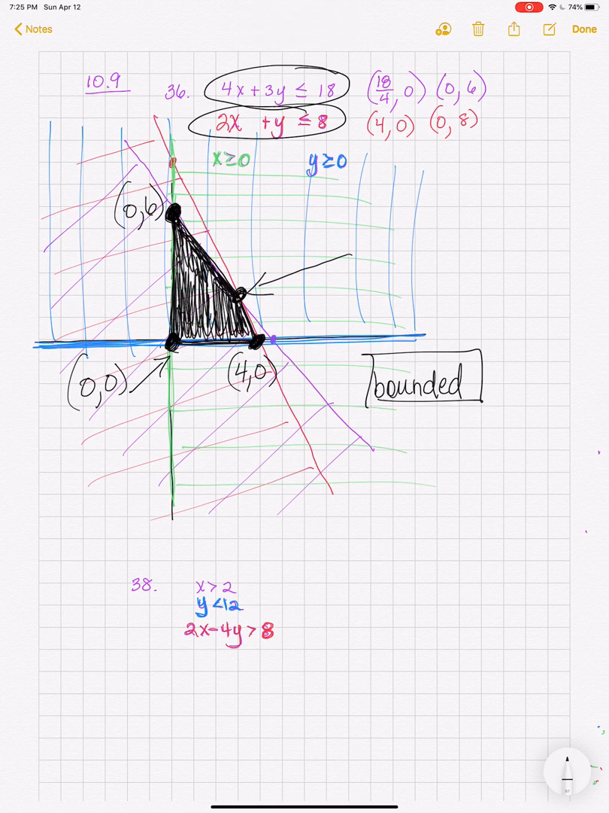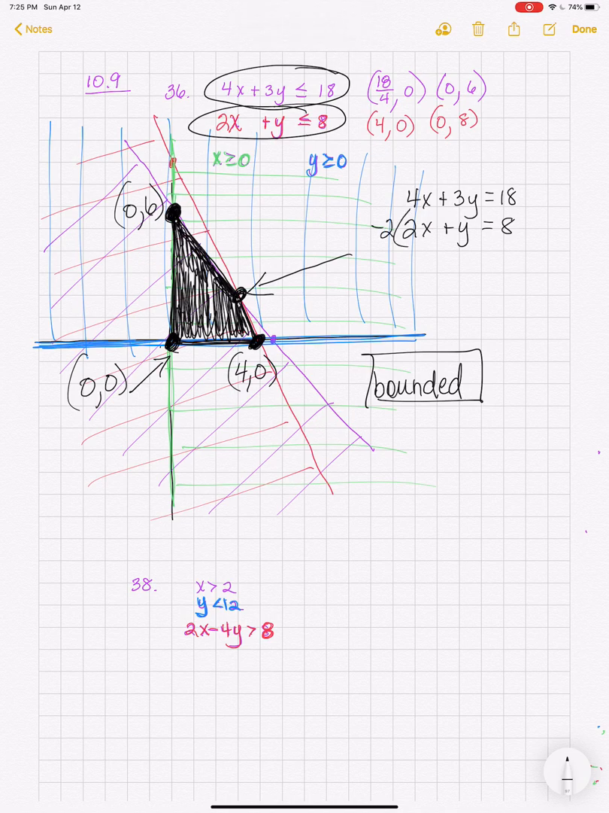There we go. All right, so we've got 4x plus 3y equals 18. And we've got 2x plus y equals 8. Now I'm looking for the intersection. That's why I'm using the equations. We're going to set this up just like we would if we were solving a system of equations. The easiest way is probably to get opposites here. So I'm going to multiply that bottom equation by